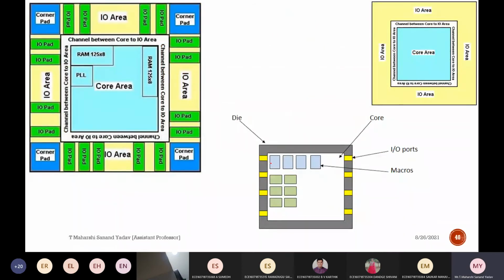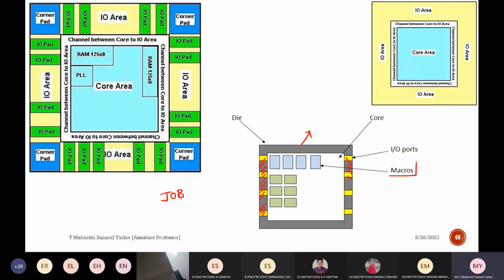See, this internal portion where we place all our cells is called a core, whereas this external part is called a die. The space present here is used for ports, meaning input output connections. You can call them IOBs, input output blocks. The space is used for interconnections, meaning in order to connect the peripherals, you'll use this empty space. This outer portion is called the die, and our actual logic sits here, which is the core part.